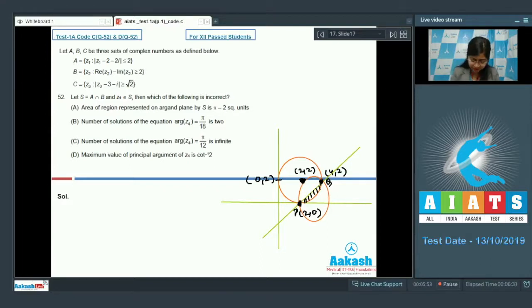So this area can be found by firstly finding the area of this quadrant and then subtracting the area of this triangle, right? So area will be equal to pi by 4 into r square minus area of this triangle, that is half into base into altitude, so that is pi minus 2. So option number A is correct. Now option number B says that the number of solutions of the equation argument of Z4 equal to pi by 18,